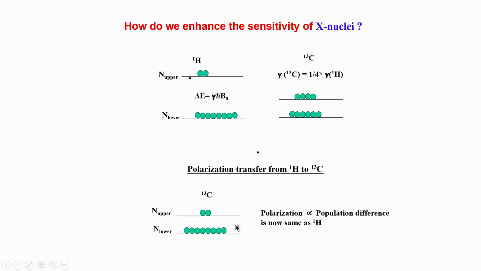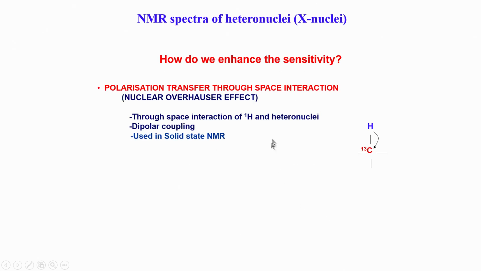So, this is what we use in heteronuclear NMR. We first transfer the polarization from proton to carbon by some mechanism which we will see shortly, and once we have created this new polarization on carbon, we use that difference to do the experiment on carbon. Once that experiment is over, we give it back to hydrogen by reverse polarization transfer and then detect the hydrogen. We do not detect carbon; we have done this indirectly on carbon, but the final detection happens back in proton. So, this is what is depicted here.